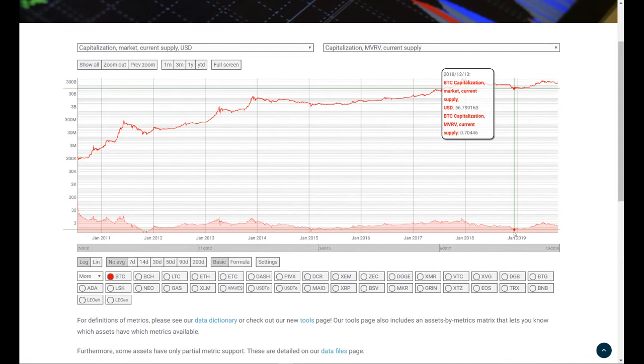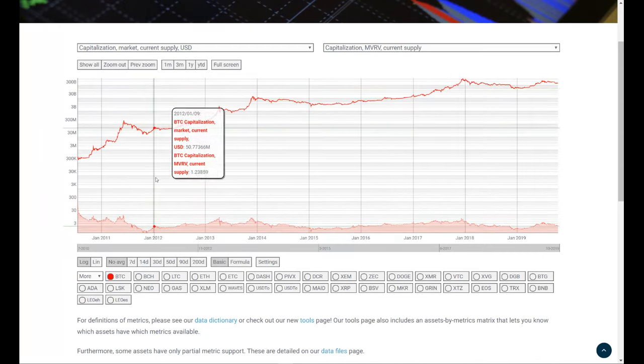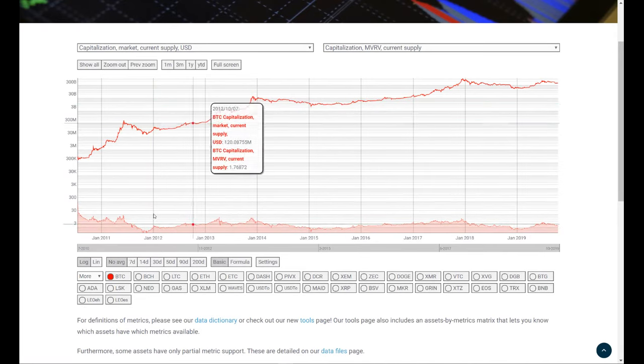But I believe that even though the bottom is in, there are probably still opportunities in the smaller coins, because Bitcoin has had such a rally and gained a lot of market share again, from a bottom of 33% to now 70%, and it has dropped back to 66%. That means there are probably still many opportunities in other smaller coins, probably the top coins first. And indeed, this is also what you see on this chart. So if we just isolate the MVRV here,